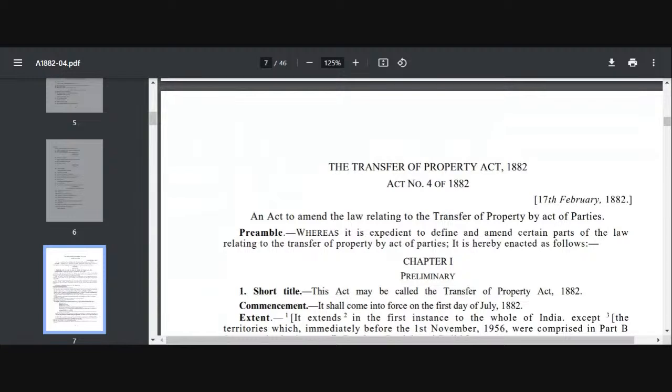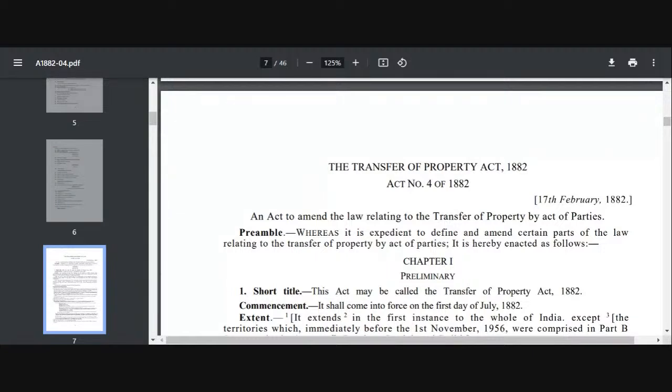17 February 1882. And this bill was redrafted by second law commission again, right? And some provisions were borrowed from English law also on real property, law of conveyancing, and Property Act 1881. And it was shaped in such a manner that Indian population can easily understand what the law is. And after that, some important concepts were highlighted in this act, which we will come to right now. So if you see the act, it is saying what?